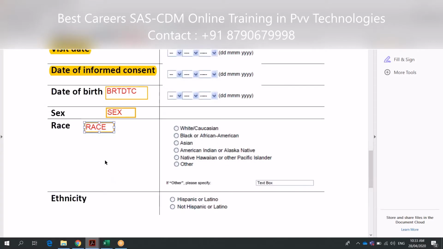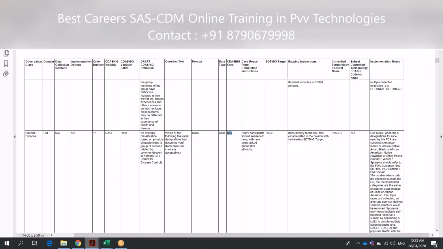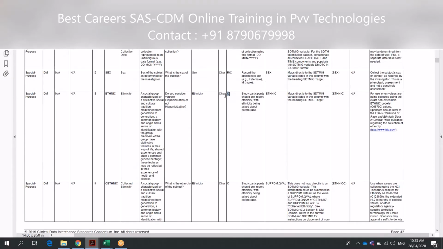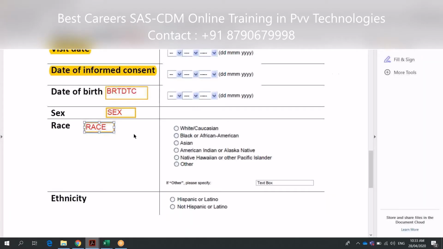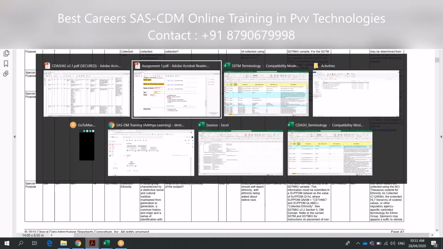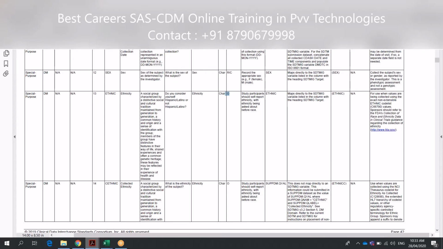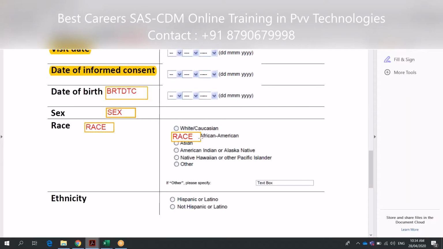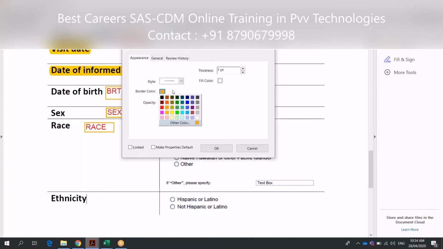Okay. Then ethnicity. Was ethnicity optional? If you see, ethnicity is optional. You can have it, you might not have it. So for ethnicity, the variable name is ETHNIC, and it's the same variable name in both. So it's easier. Usually it will be the same variable name. Sometimes the date is different because dates could be partial, right? So at collection it is that, but at submission, it's always DTC. Ethnic, yes. And then I change the color because this is optional. Maybe I just use gray.